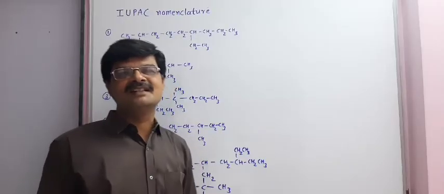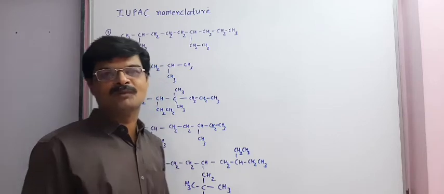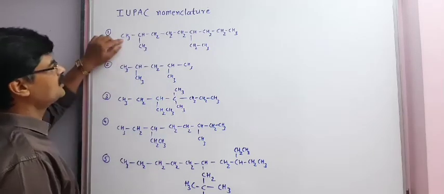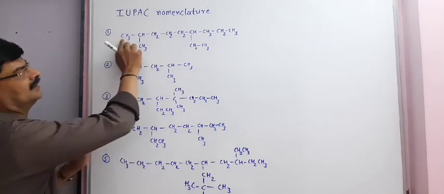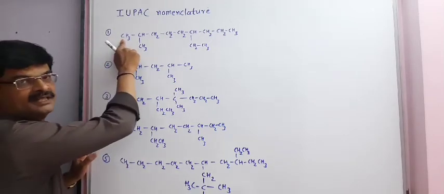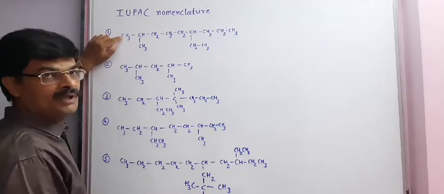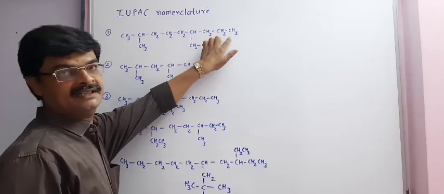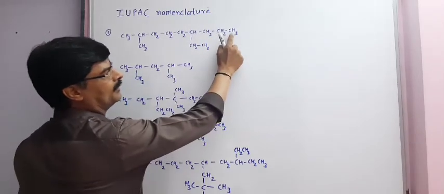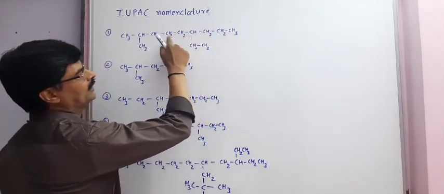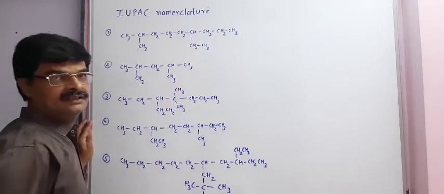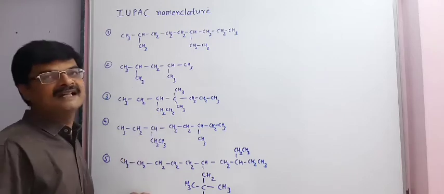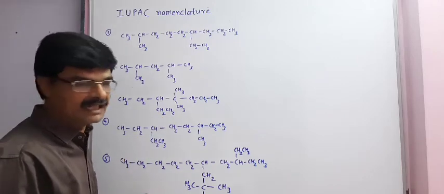In this session, we will study the IUPAC nomenclature of some organic compounds in which hydrogen and carbons are present. First of all, for the first compound, we will decide the longest possible chain of carbon atoms by giving numbers 1, 2, 3, 4, 5, 6, 7, 8 and 9. Or from here we can give the numbers 1 to 9. So the longest possible chain will be the same from either the right side or the left side. It will be of 9 carbon atoms.